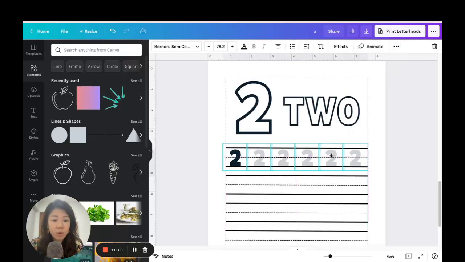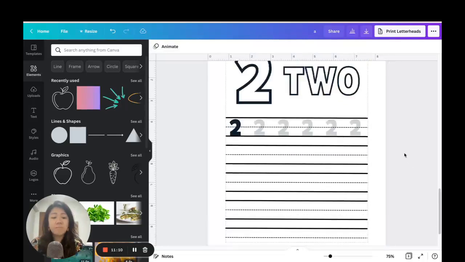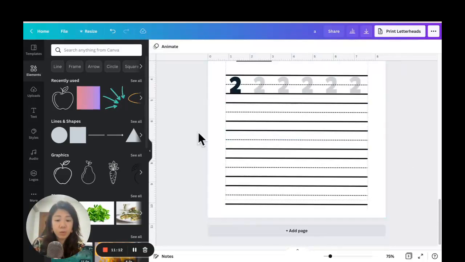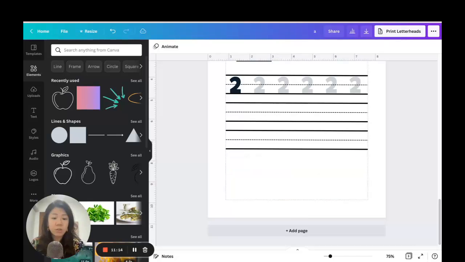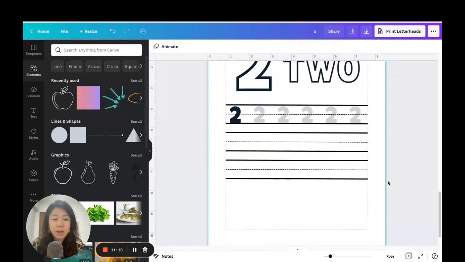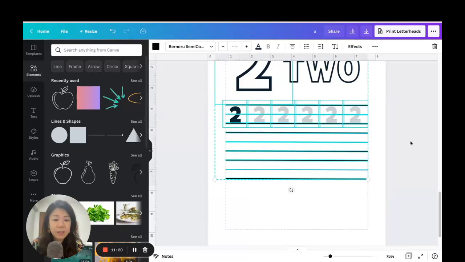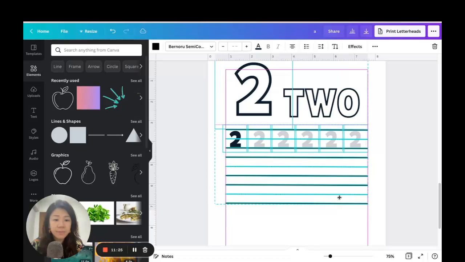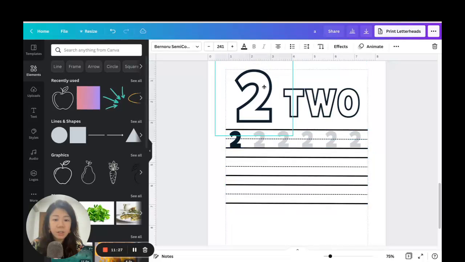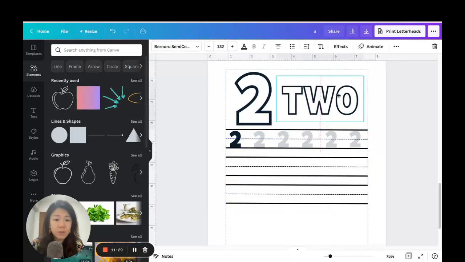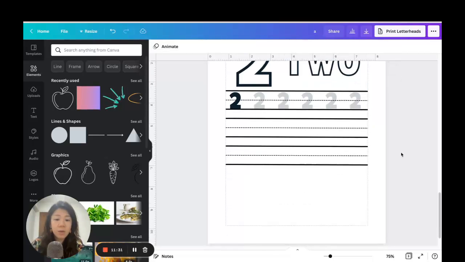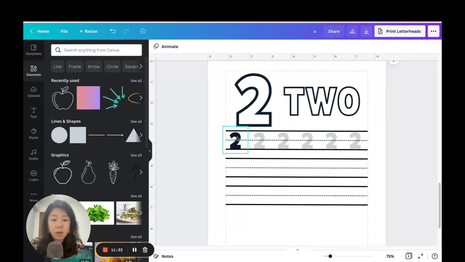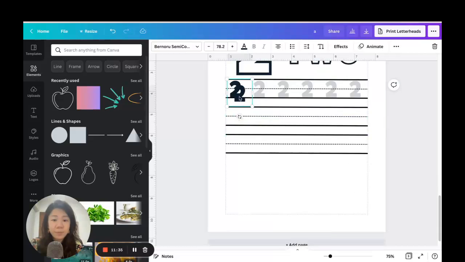So we've got this row of 2, and then if you don't want there to be so many rows for writing, of course, you can also add in, just to give you a bit more ideas on designing these printables. Click and drag. Let's just move things up a little bit, like this. Neaten things up here. And maybe I can type in something like circle